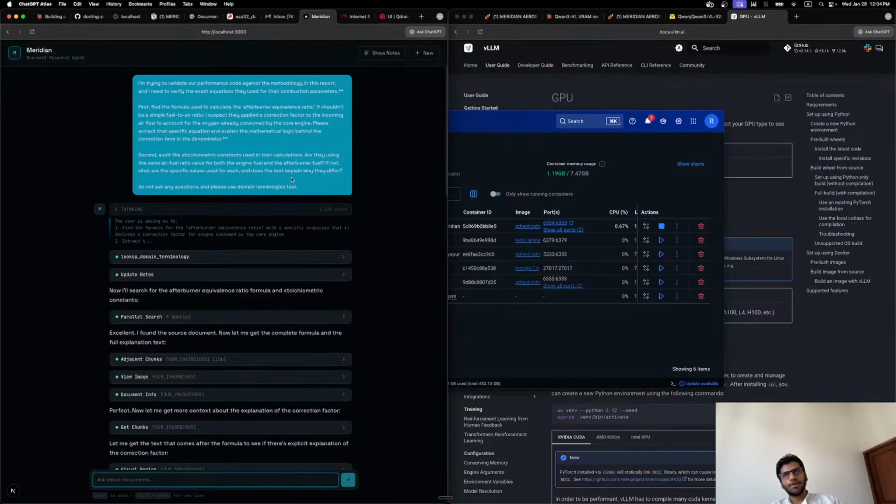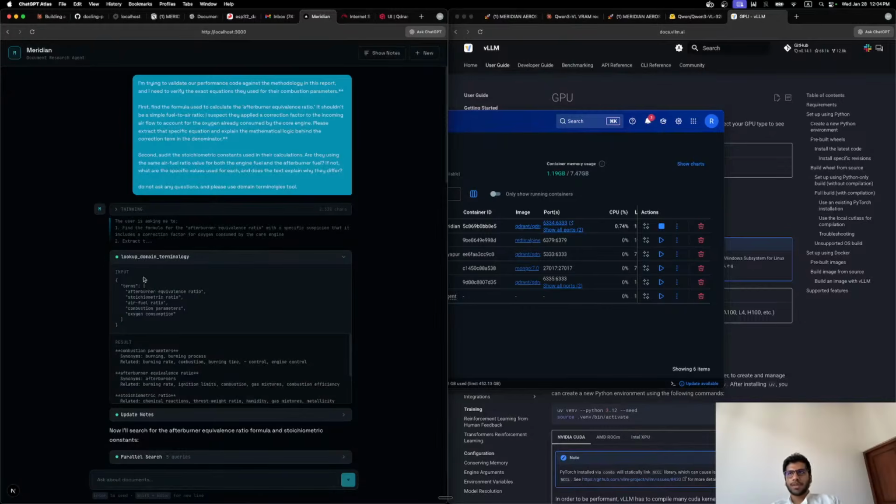If it was fine tuning, then it's a different story. This seemed very inefficient for me. So that's why I added this as a tool call. So the agent basically is sending this